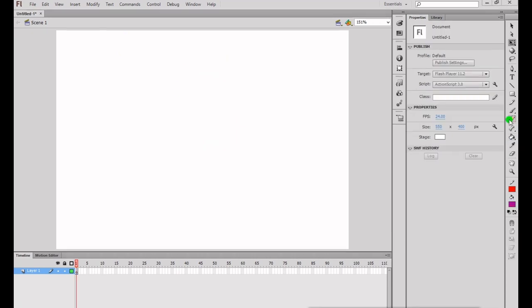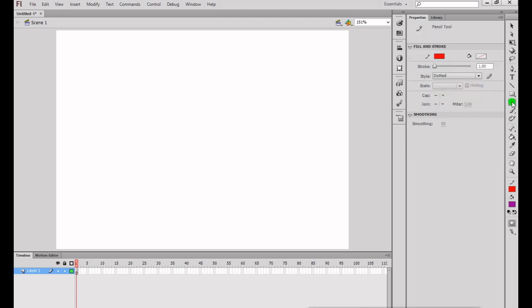Just now I am going to draw a stroke on the stage. Just click and select pencil tool, click on the stage, drag the mouse.